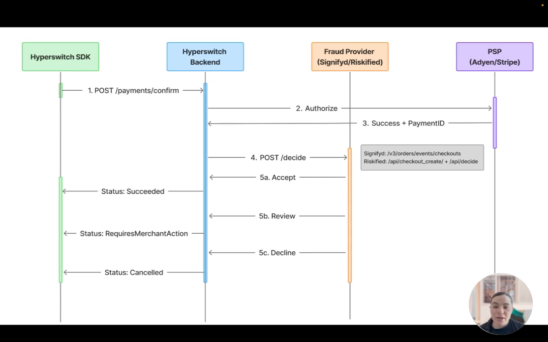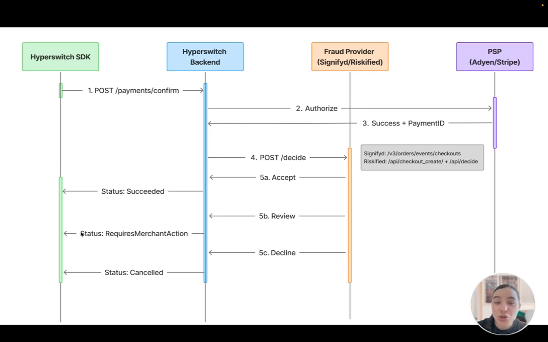So Hyperswitch requires manual capture on any connector you point post-auth review at. Route a reviewed order through an auto-capture only connector, and the hold just gets bypassed, which defeats the whole purpose of the review. So the takeaway between pre and post-auth. Pre-auth stops fraud before the payment is passed to the PSP, and post-auth catches it after, and it can park a suspicious order for a human to look at.